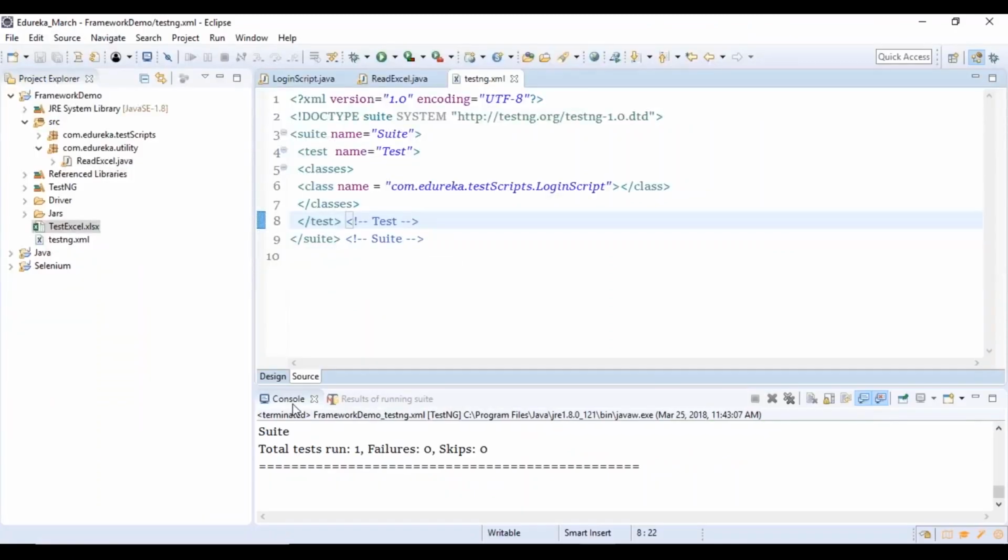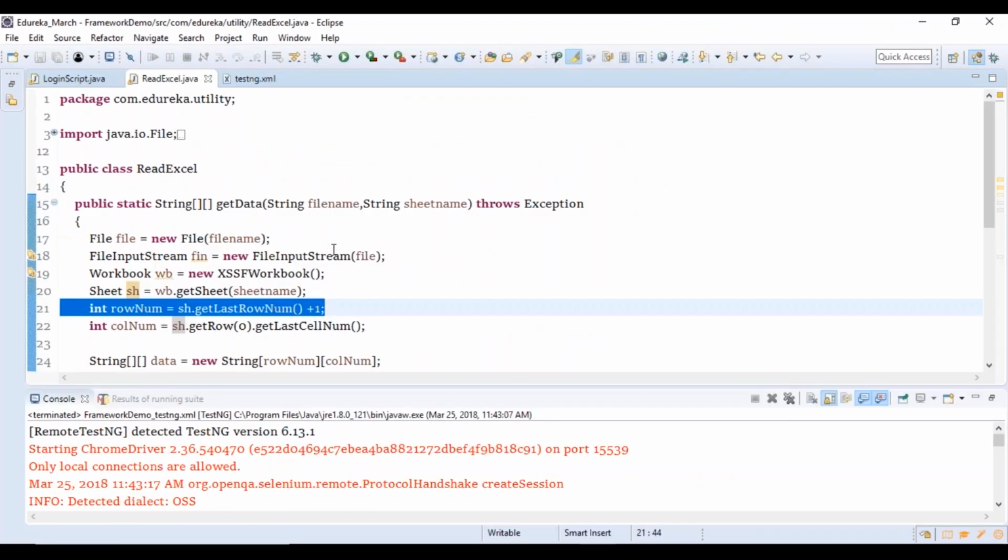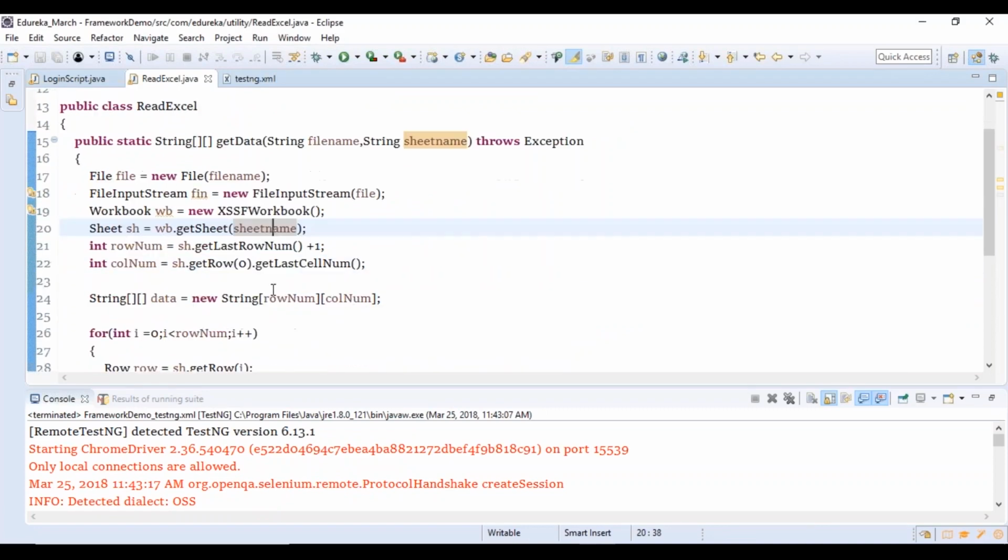Alright, again I have the same thing. Okay, line 21. I think the problem is with your sheet name and the file name. Alright, so the problem is not with your sheet name. The problem is I've not passed the input stream object to this at all, right?